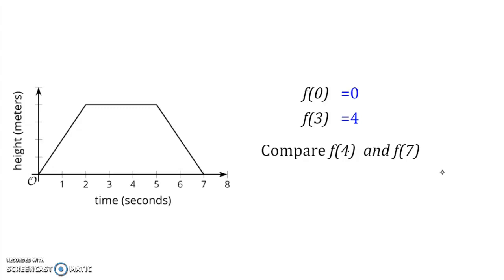And f of 7, where is f of 7? Okay? How high was the drone? It was at 0. What does that mean? That means the drone had fallen down and had landed on the ground. That's when it touches down. Okay, so which is bigger? f of 4, which is 4, or f of 7, which is 0. Okay, we're not talking about the input value,